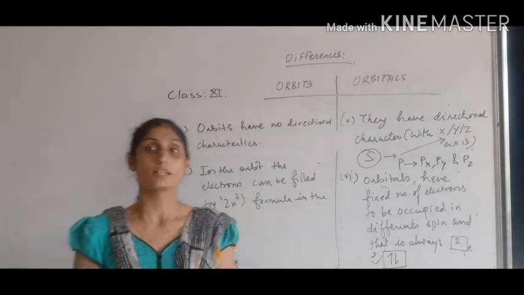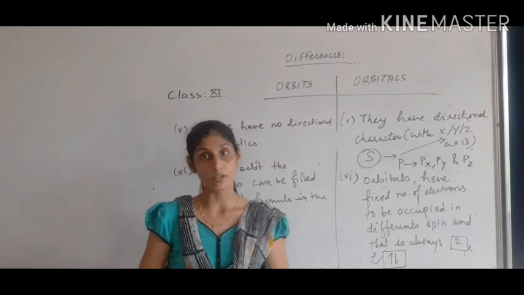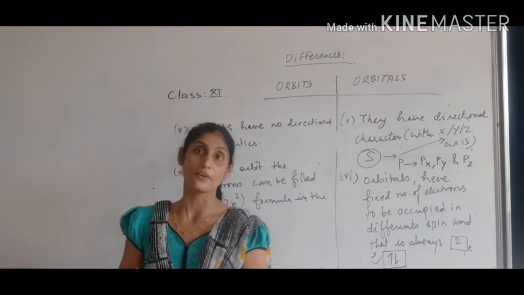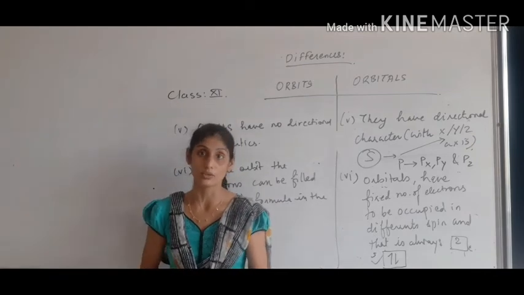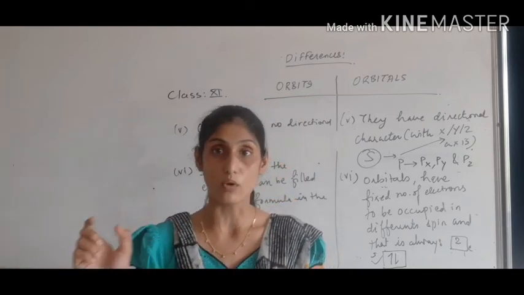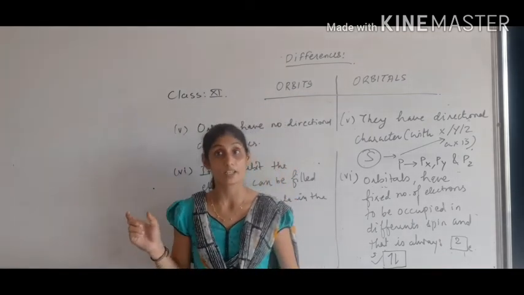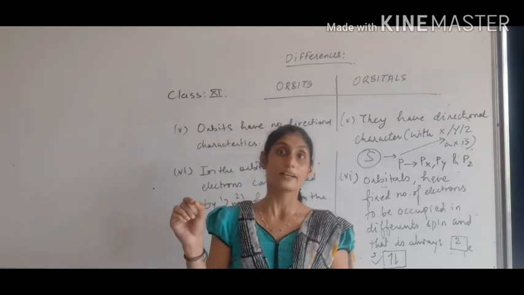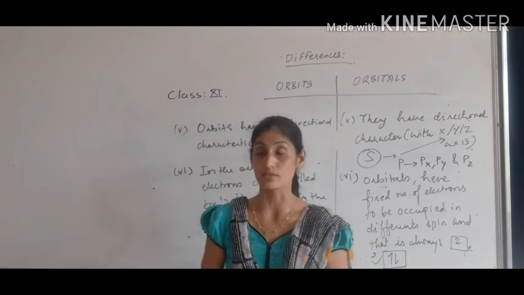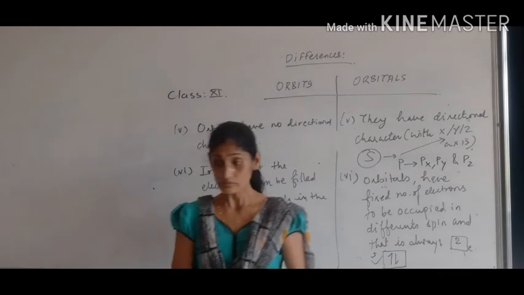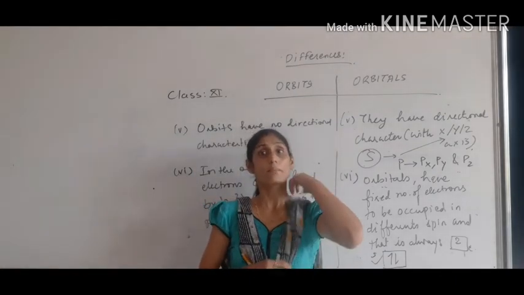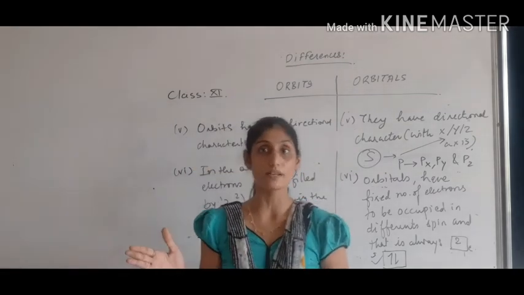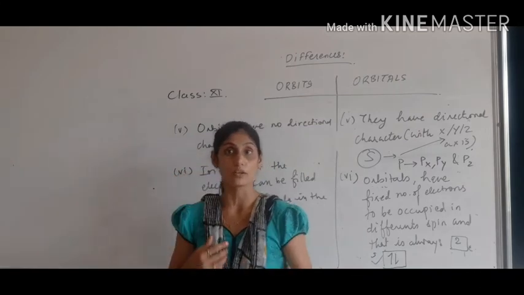So children, when we talk about the difference between orbit and orbitals, it is going to be asked that we have to write any 4 points. So सबसे पहला point, if we revise, then what is the very first point? Orbit is a well-defined circular path where the electrons revolve around, whereas orbital is the 3-dimensional space where the probability of finding the electron is maximum and that is equal to 90%. Then the second one. When we talk about orbit, it only represents the planar motion of the electron, whereas the orbital represents the 3-dimensional motion of the electron.